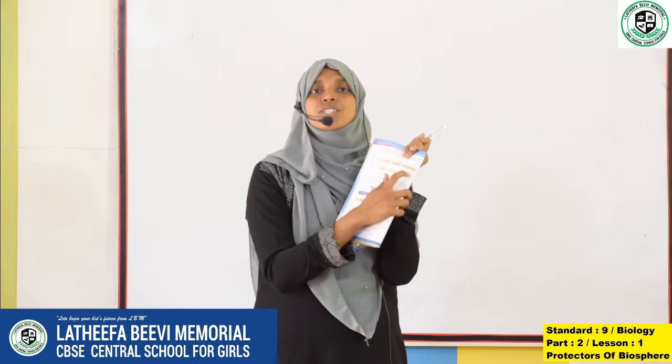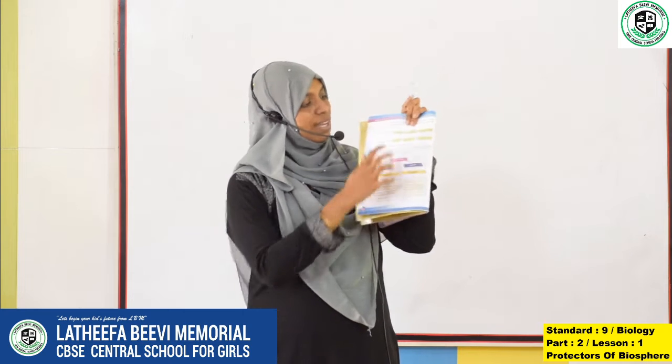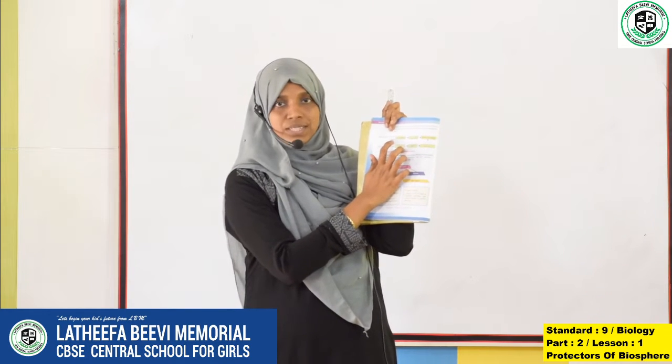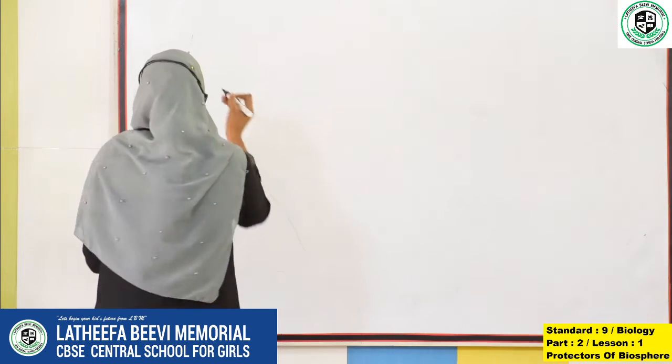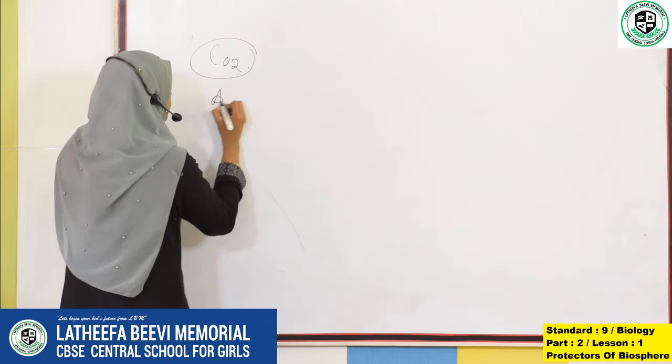Okay, and carbon dioxide reaches inside the leaves. You can see in your textbook there is a flow chart about that: the path of carbon dioxide. From the atmosphere,